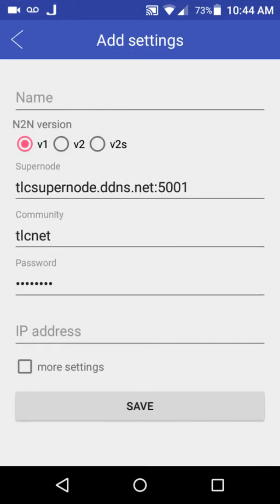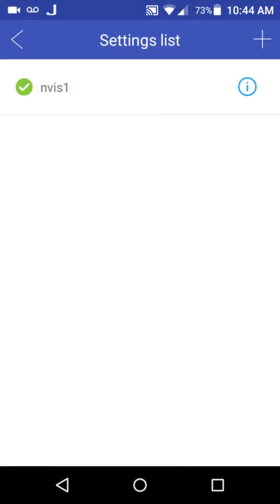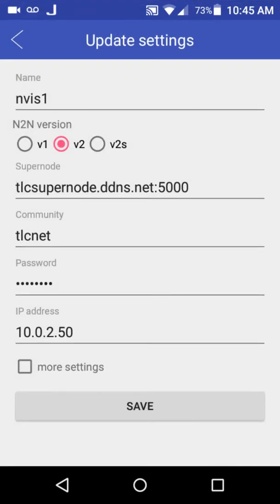plus button. Okay, but I'm going to go back to the setting that's already been created called NVIS 1, and the I shows info so that we can see what the configuration is. We see it's named NVIS 1. It's important for our network that we use the V2 protocol. We also have the IP address that's